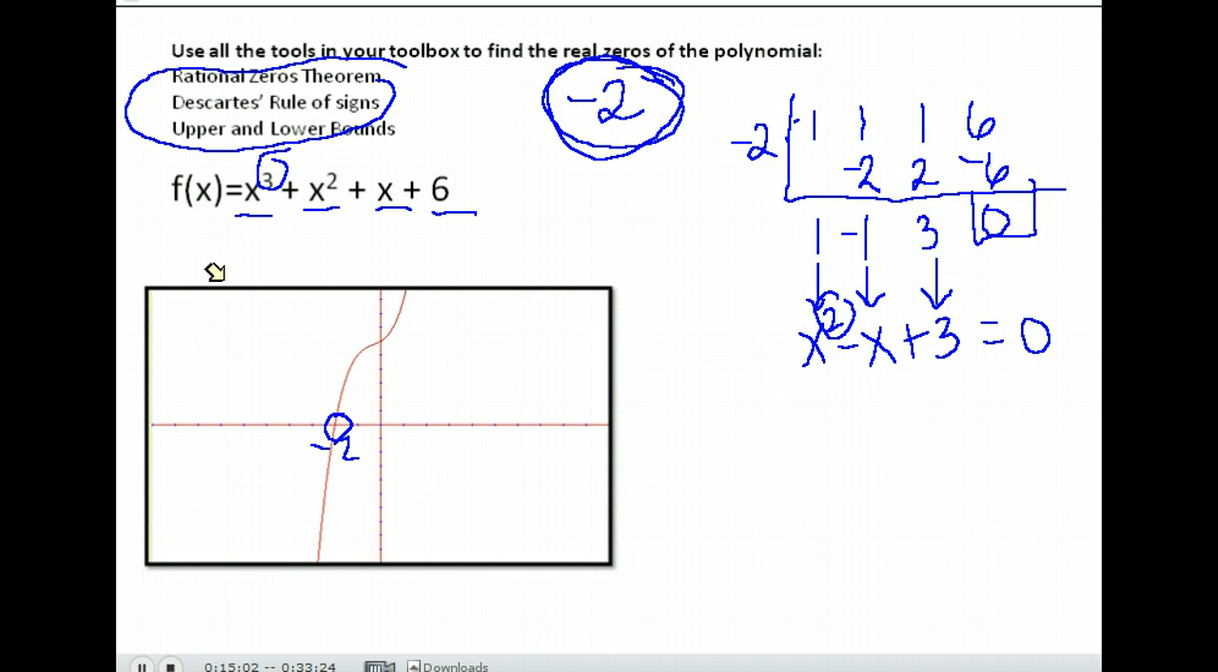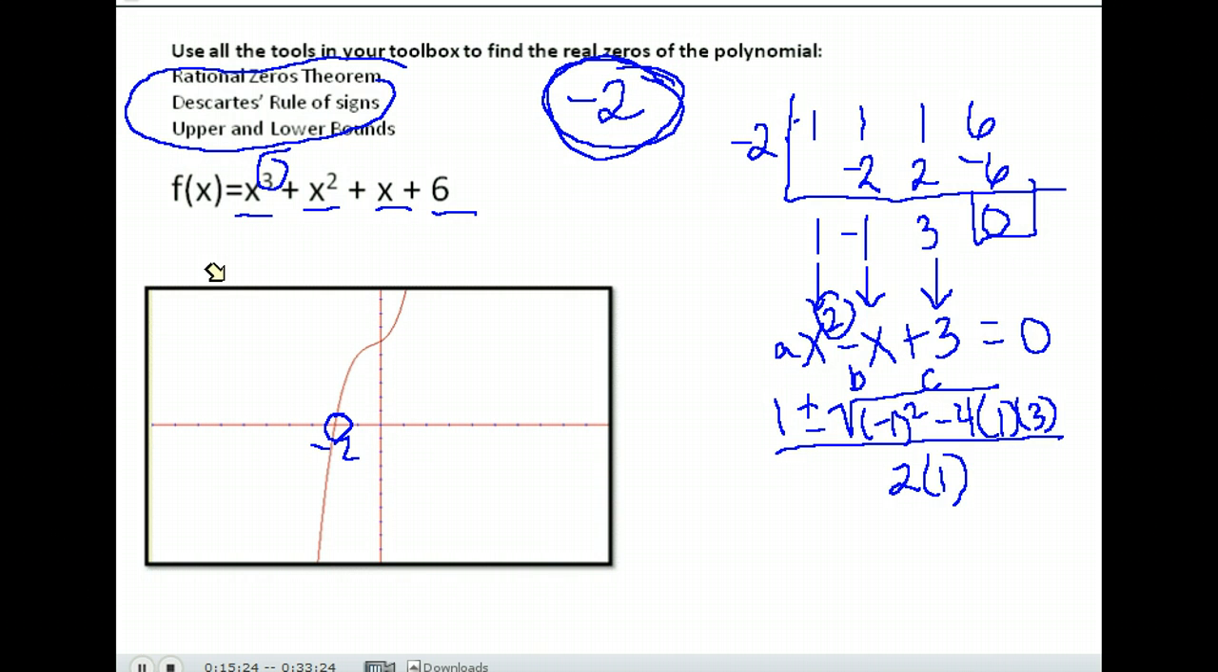This doesn't factor. So if I tried the quadratic formula, my a is 1, my b is -1, and my c is 3. So I have 1 plus or minus the square root of -1 squared minus 4 times 1 times 3. If you don't have the quadratic formula memorized, hopefully you have it written down somewhere because it is used frequently. Okay, so I have 1 plus or minus the square root of 1 squared is 1, minus 12 over 2,